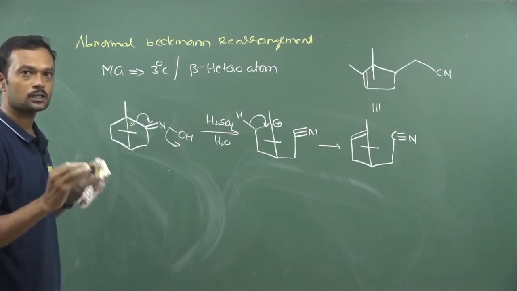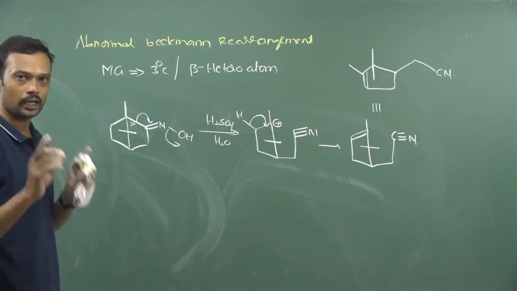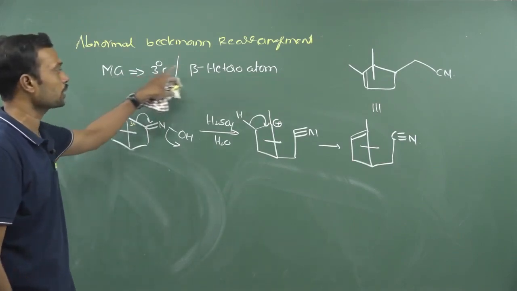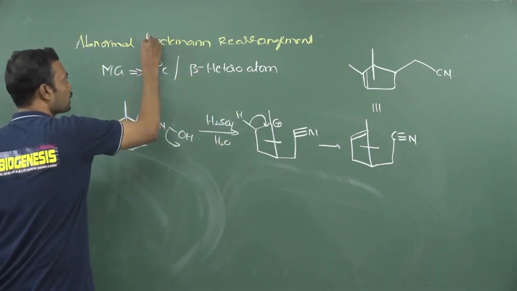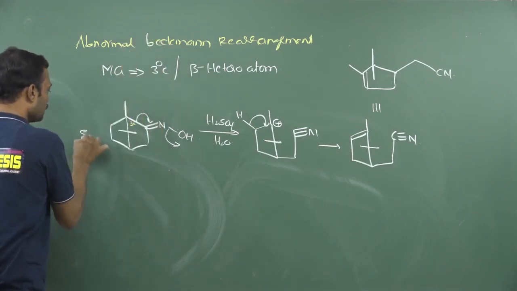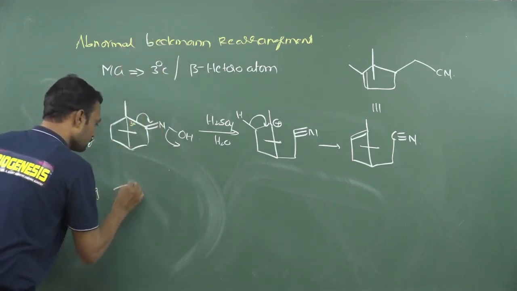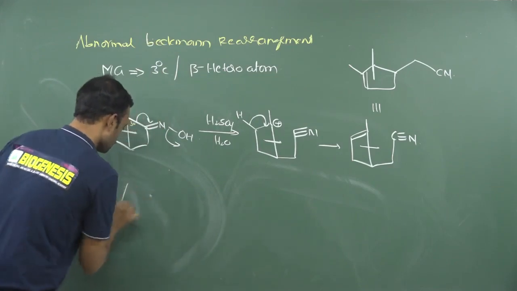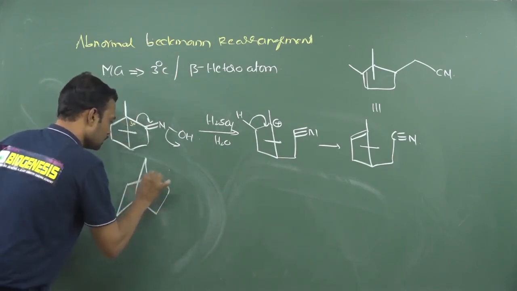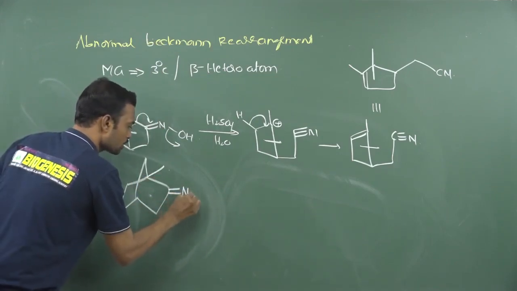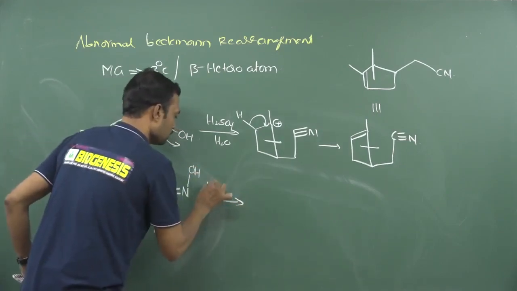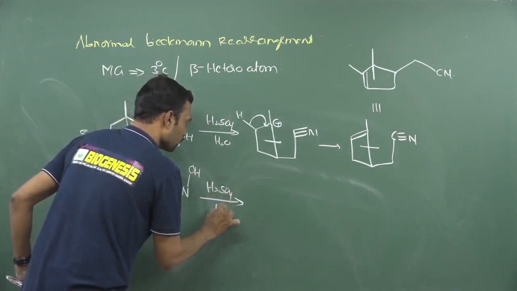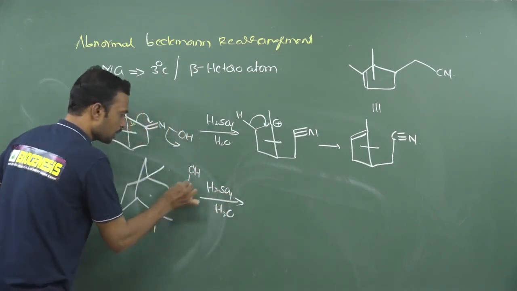Generally Beckmann gives an amide, and only an aldehyde oxime will give a nitrile. In abnormal Beckmann also you may expect nitrile formation. So this is called abnormal Beckmann rearrangement, okay. Even you can take this kind of example: this is methyl, now here it is nitrogen, here I am writing two methyls, and here a hydroxy group is present. Now if I use H2SO4 in presence of water, this bond migrates here and eliminates out.